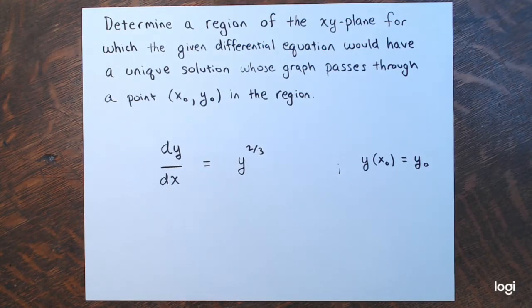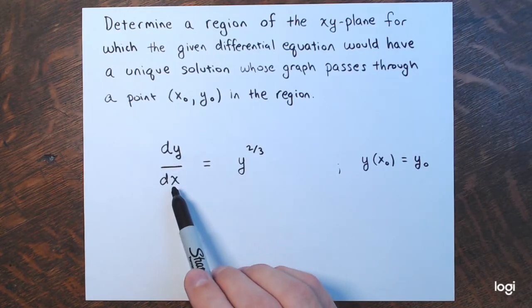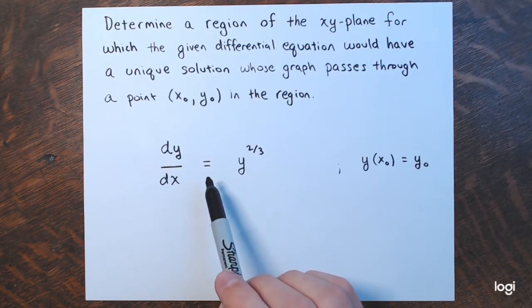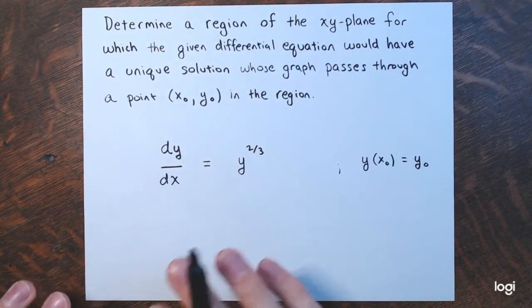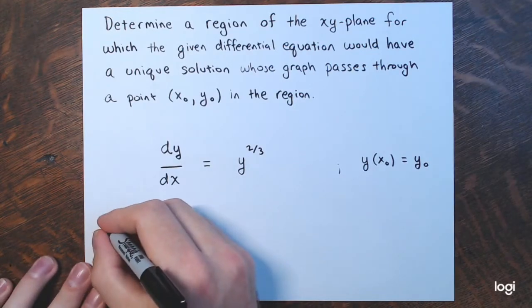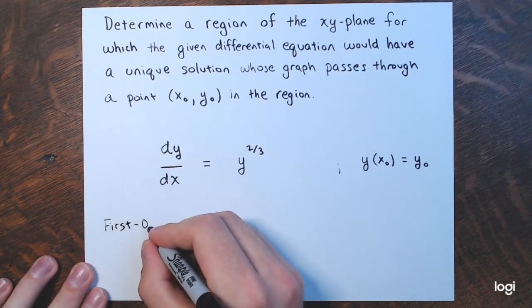So the first equation I'm looking at is dy dx, the first derivative of y with respect to x, or y prime, equals y to the 2/3 power. In order to talk about the existence of a unique solution, we're only talking about first order initial value problems here